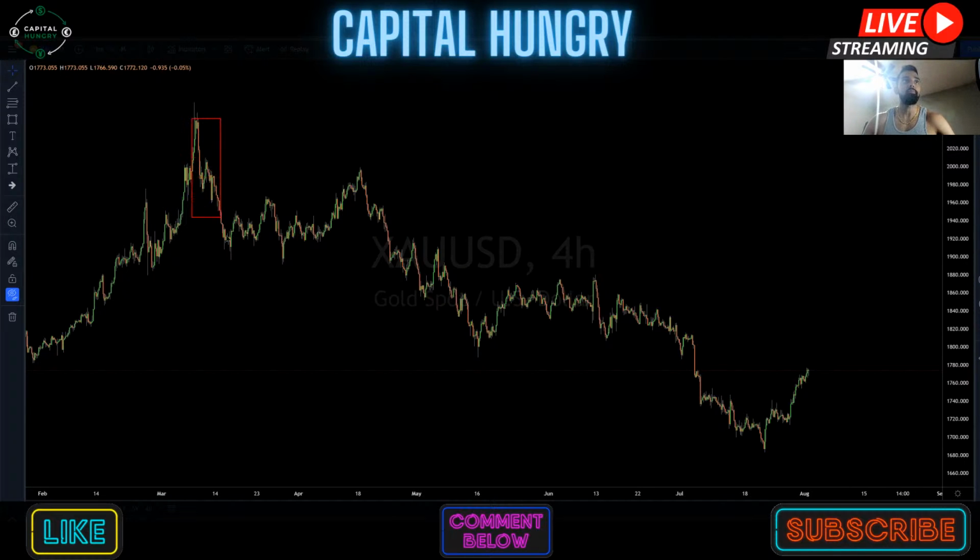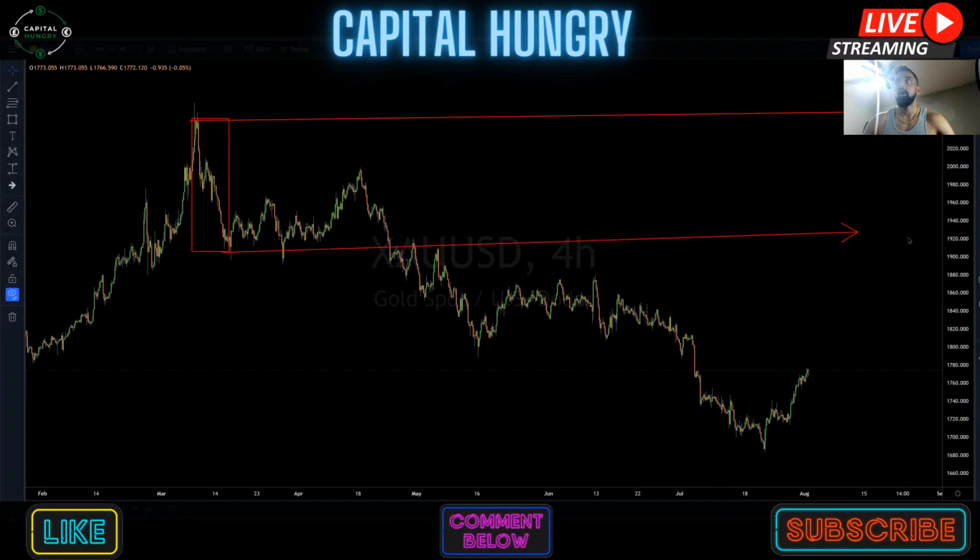This gold impulsive downside move was from 2060 an ounce all the way to 1920 an ounce in under 2 weeks. Okay? So the impulsive downside move with trend was very strong, very impulsive, much stronger volume, and in a